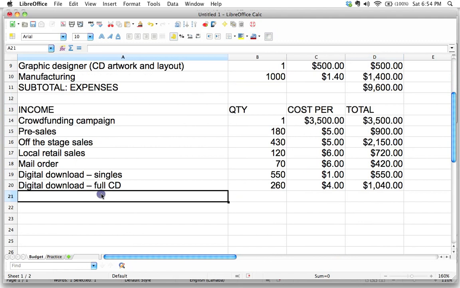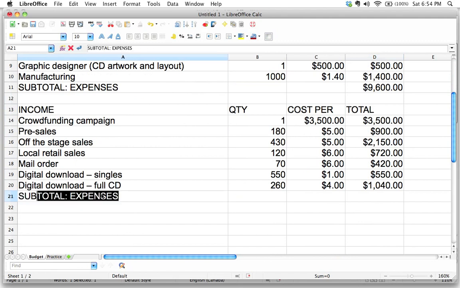Okay, cool. Let's do the same thing down here. Let's go subtotal income. Okay, we want to figure out how much income we have. Fingers crossed that we're not going to lose money here. Let me show you, before we could write this out because we know how to write out our function, but